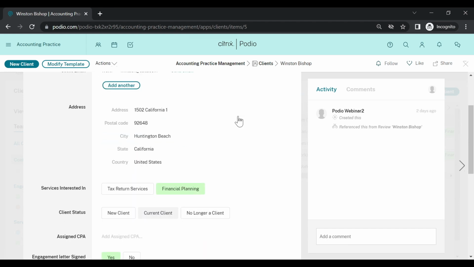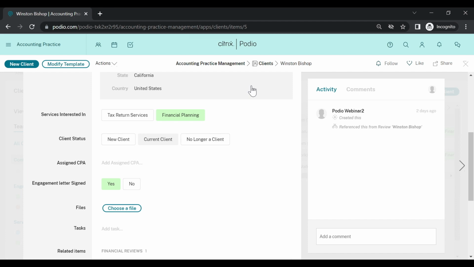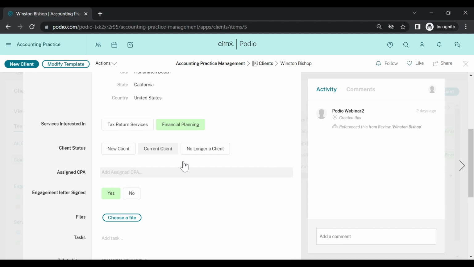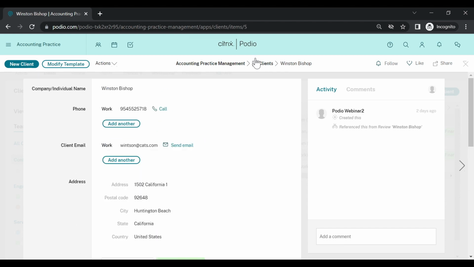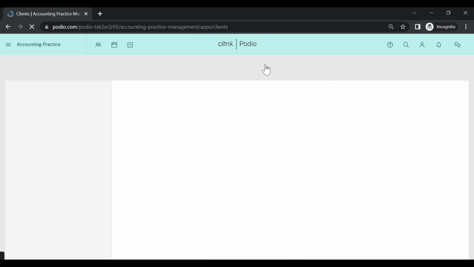So now let's say I wanted to create a workflow or get into that Podio workflow automation, where I'm saying if it's going from a new client to a current client, maybe that's a recurring process, or if it's tax services, it needs different next steps than financial planning. I want to be able to create some of those automations here. So in order to create that Podio workflow automation account, once you're already upgraded to Podio